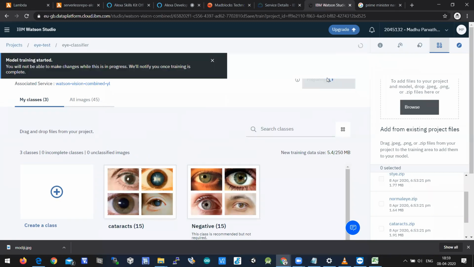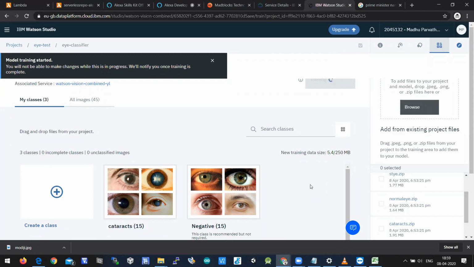We need to click on training model, and then all these images will be trained by the neuron, as I said. Now we have given the lecture. The student has to learn based on the images which are given. Now the model is getting trained, the neuron is getting trained. In 5-10 minutes the model will be ready. If the model is ready, then we can start testing this, then we can start using this.